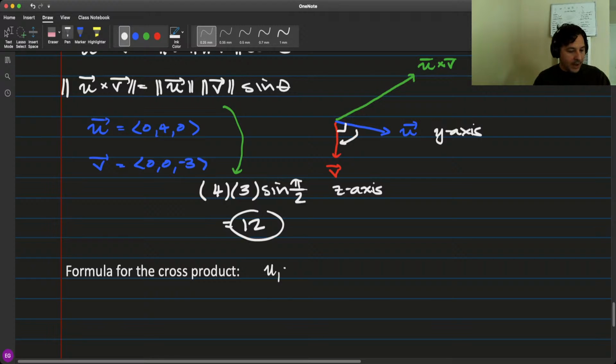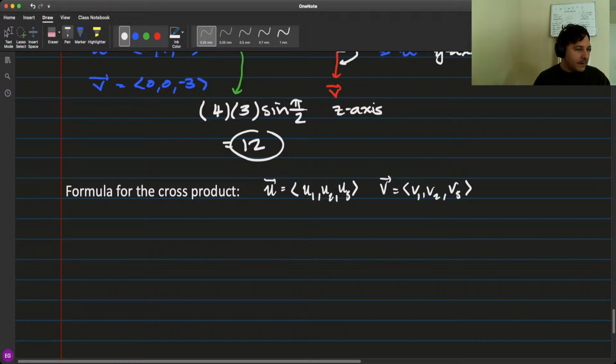If you have a vector u with components u1, u2, and u3, and you have some other vector v with v1, v2, and v3, we found that the way you find u cross v